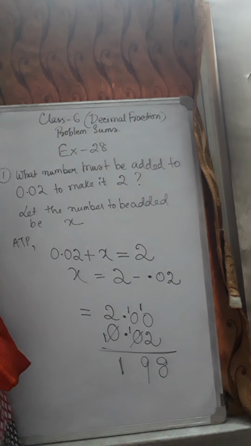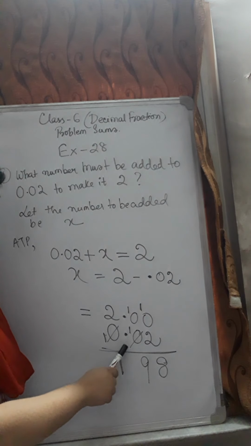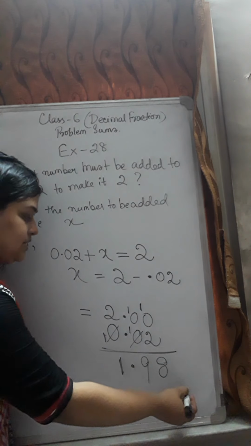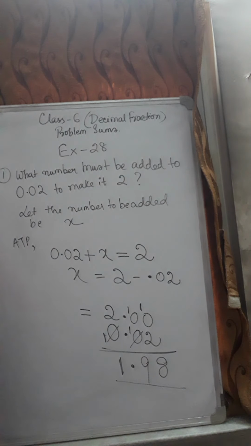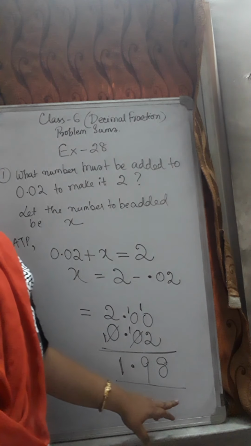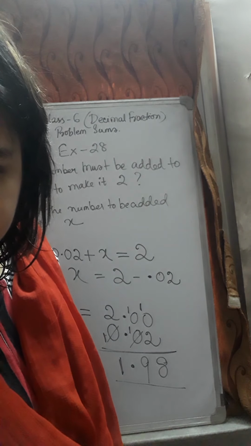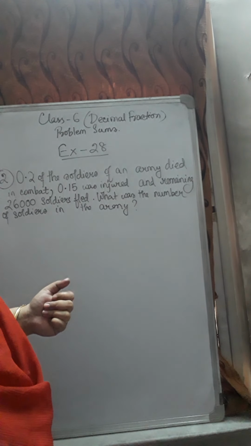And you all know that in decimal subtraction, where does the point come? If the point is before 2 places in each case, in the answer also the point will come before 2 places. So x, the number that was unknown, is nothing but 1.98. Now this type of question number 2 you have already done in vulgar fraction, but there the numbers were fractions having a numerator and denominator part. Now here the question has decimal places, that is point values. So what is given? Number 2,